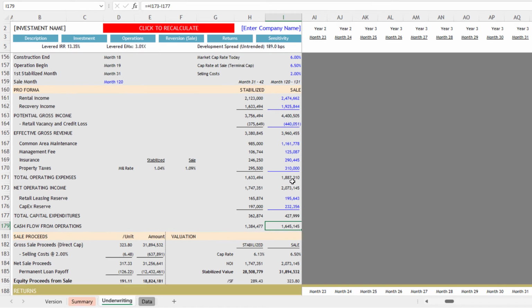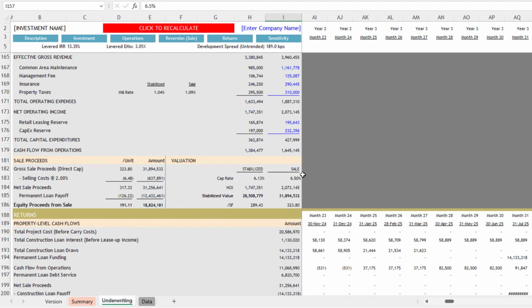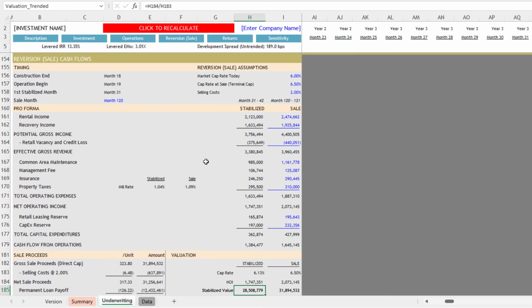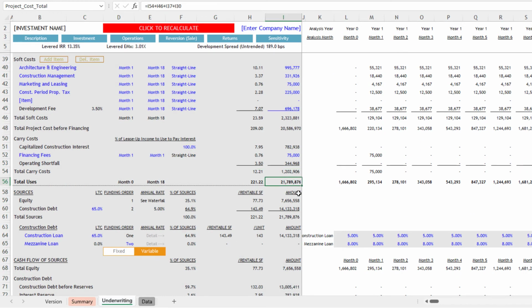You get your reversion NOI, $2,073,000. Divide that by the cap rate at reversion, or terminal cap rate, and you get a value at sale of $32 million. That compares to a stabilized value of $28.5 million. That's the value in the first stabilized year, month 31 through 42, $28.5 million. And you compare that $28.5 million to what? Your project budget, which is almost $22 million. And that's the value pop you get from the development, roughly $6 million, which when we go to the returns,